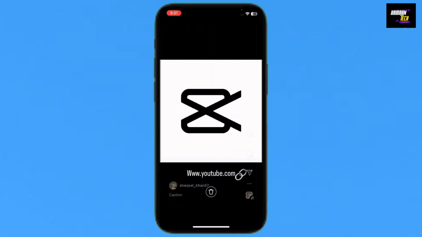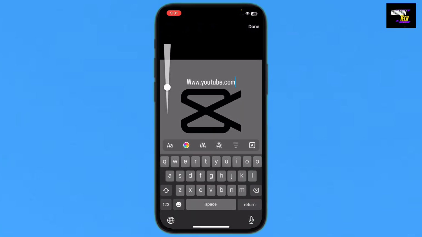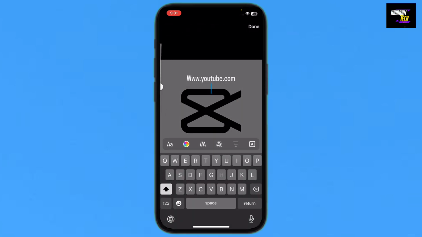So here you will add an emoji right over here, and also add in this description the link